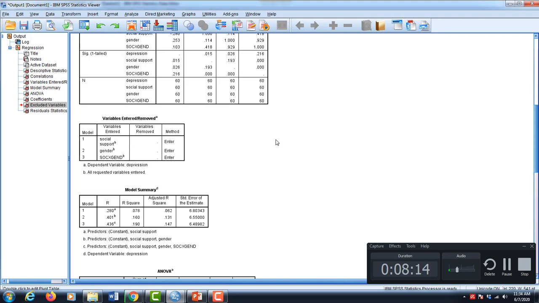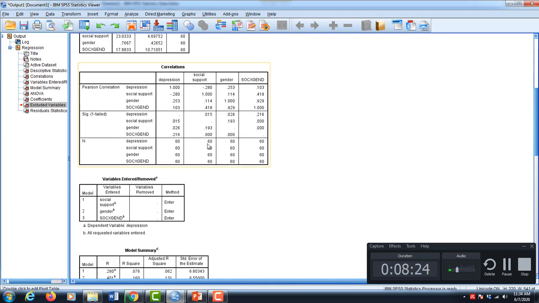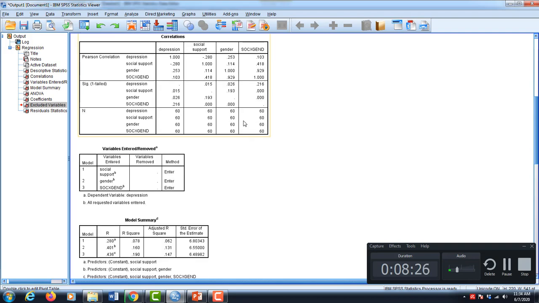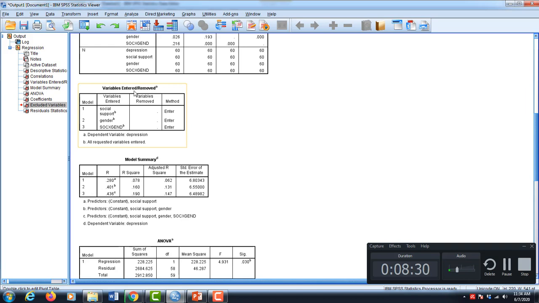And then the second table is related to correlations. This one we just ignore for the time being because it is not the main purpose here. This is the third table. It highlights the method that we use, and then it also